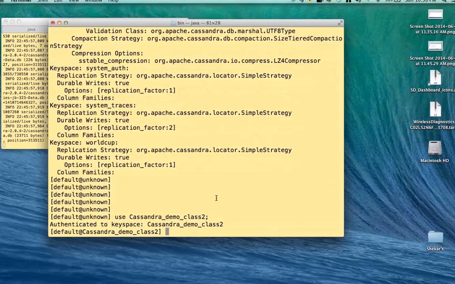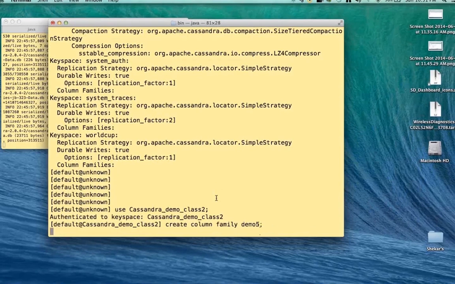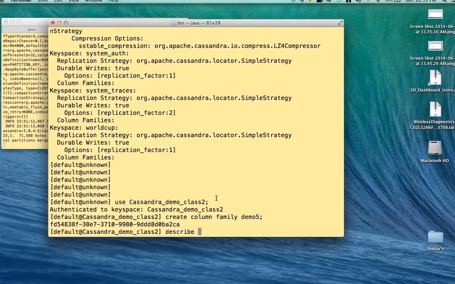Now I'm going to come inside and say create column family, again demo, say some demo 5 just for the sake of it. I'm not giving anything right now. Just say column family and then demo 5. Again, I did not give any attributes. So if I go back and say describe